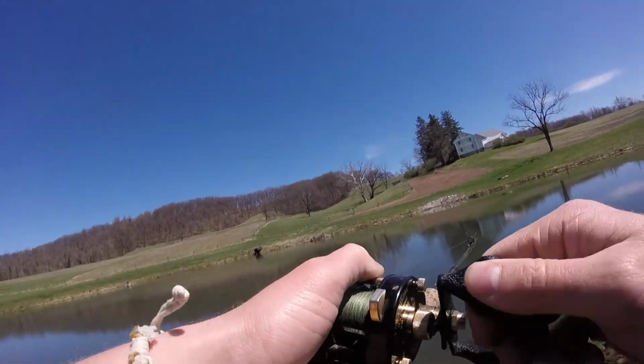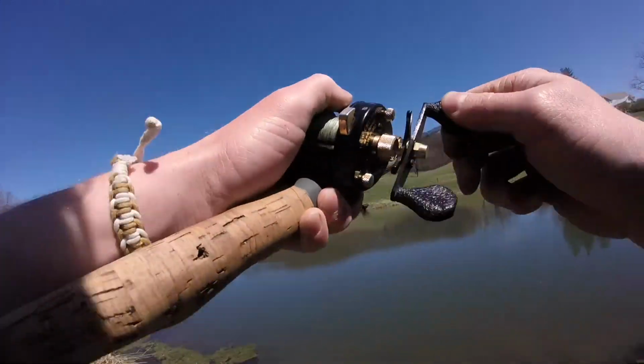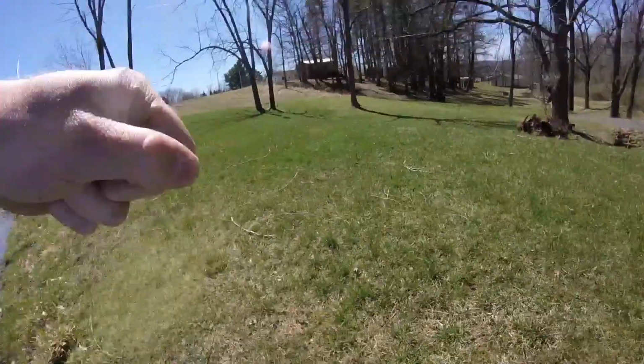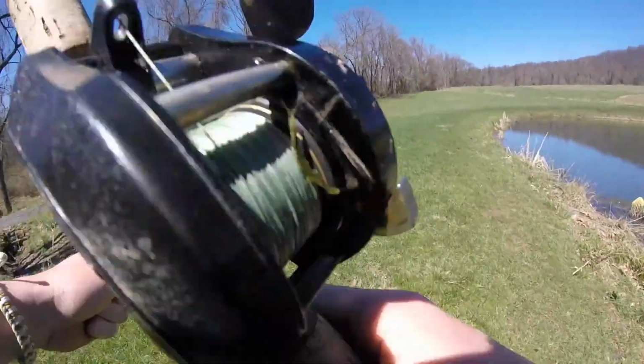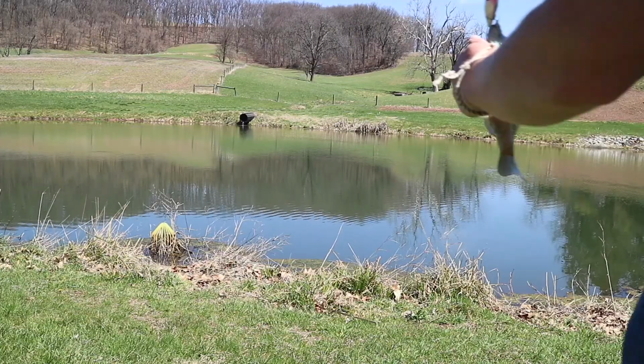There's a fish. Huh, bluegill. All right. Well, I caught another big old bluegill. All right, well,